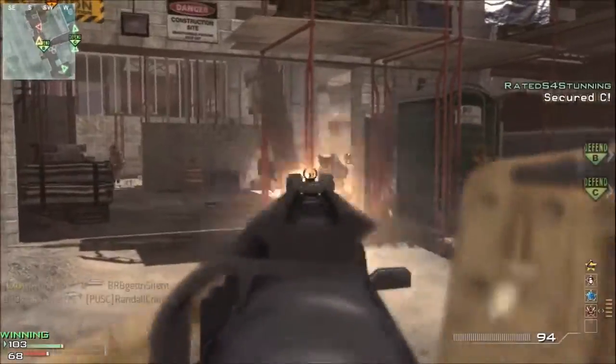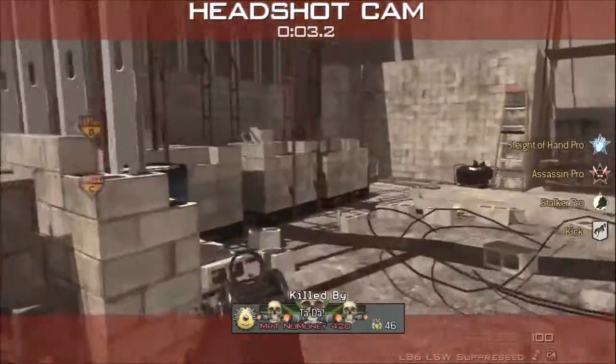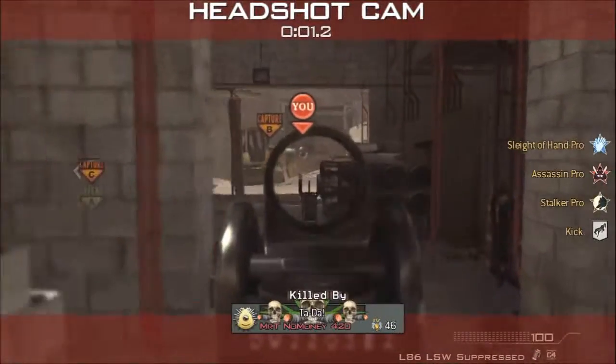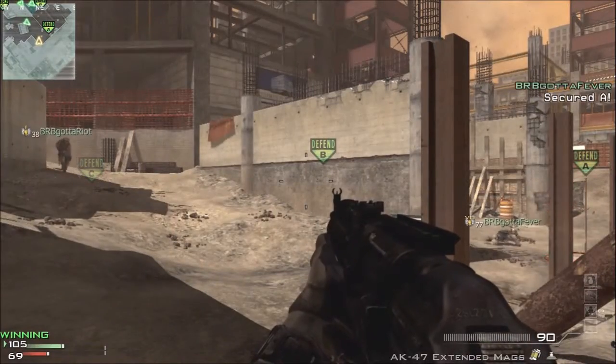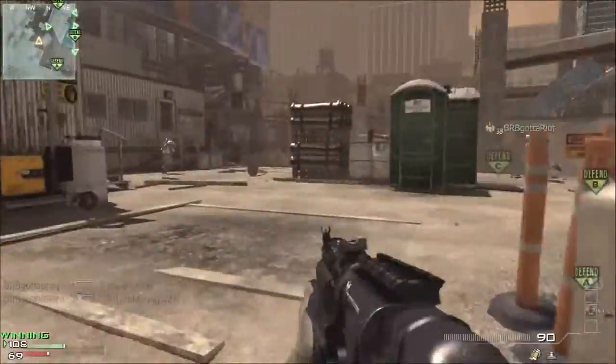But if you're going against somebody with, what do you call it, a submachine gun or something that's faster aiming. As you see, I was on a nice kill streak, and this guy killed me with the LMG. I hate that. But anyways,